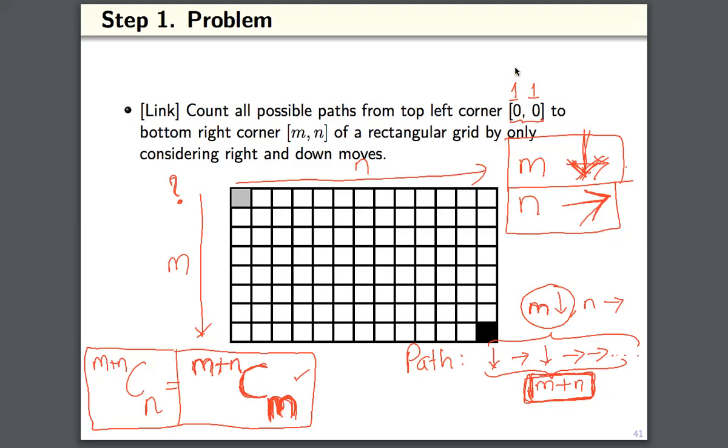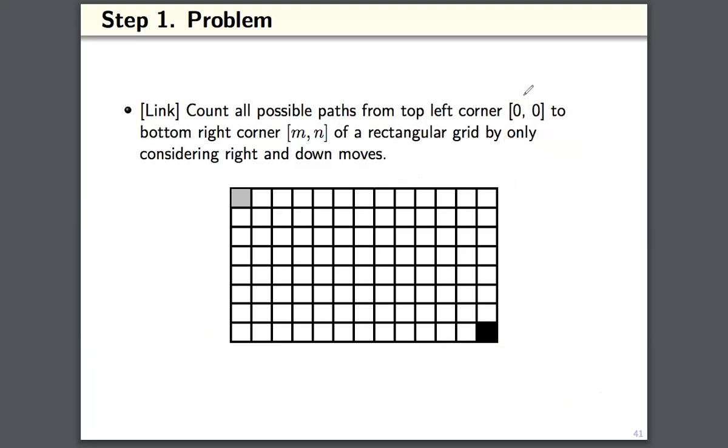Make sense? Yeah. See, you can also think about it this way. Let's consider a right move as 1 and a down move as 0. So consider all possible bit strings of size m plus n, correct? Bit strings of size m plus n. In how many ways can you construct bit strings of size m plus n such that they have, say,